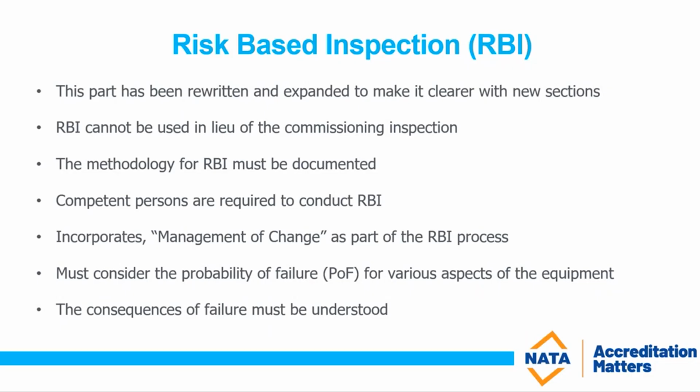Again, competent persons are required to conduct RBI. There's a lot of software involved, and they do need to be able to do the calculations and enter the correct data into the system to be able to conduct the RBI. And very often, from my experience, I've found that people who do use RBI do incorporate time period inspections to verify the RBI process. And in fact, it was very lucky on a number of occasions that they had done that,